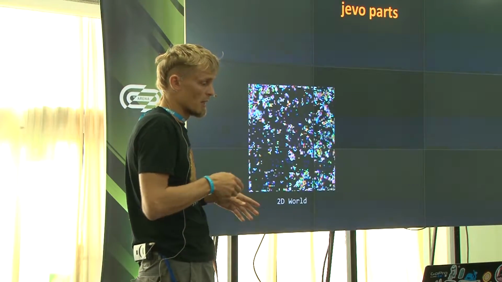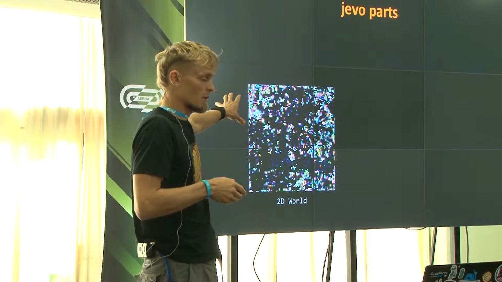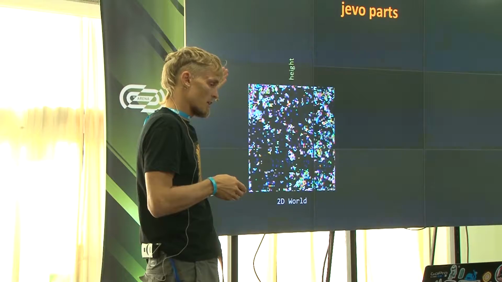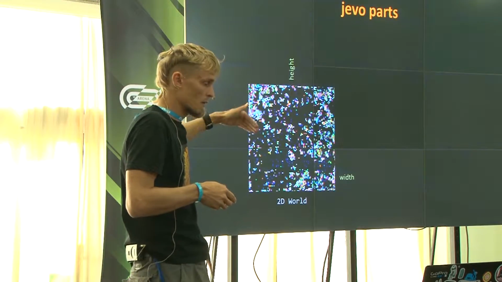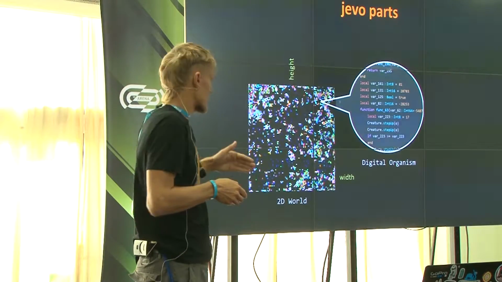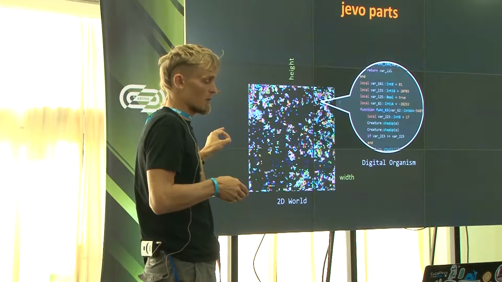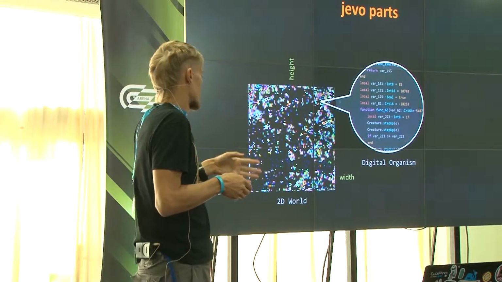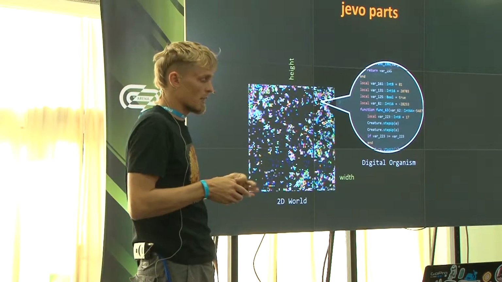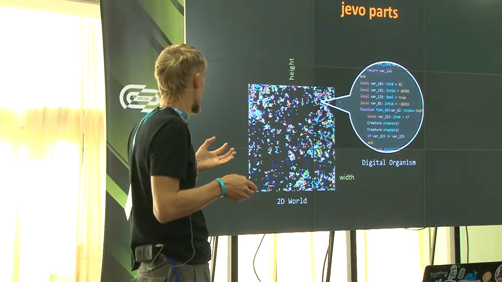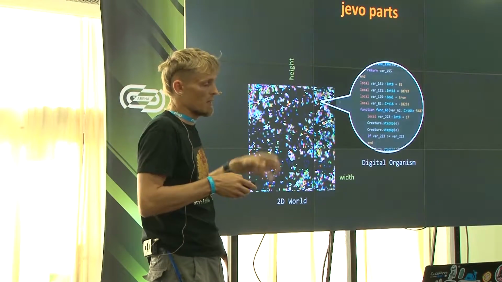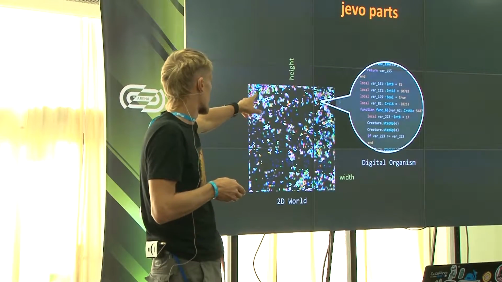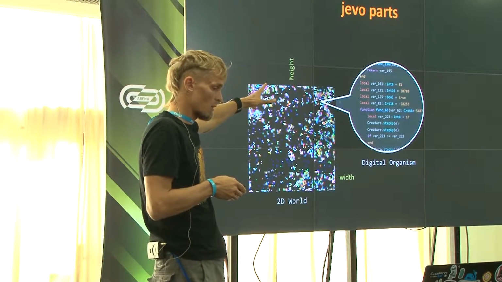Regarding its parts, we have a piece of memory. It can consist of height and width, and there are different dots on this memory. We have three types. The first one is just an empty dot. The second one is energy, so an organism may eat the energy. And the last one is an organism. This is an example of the code of one of the organisms.